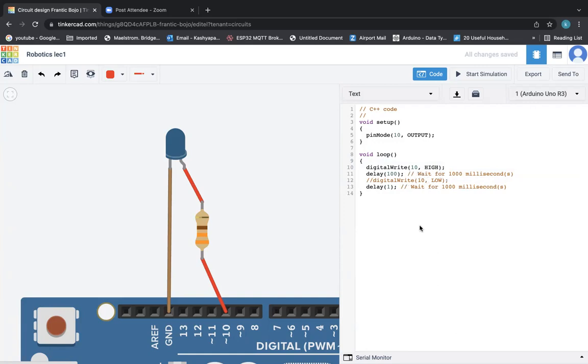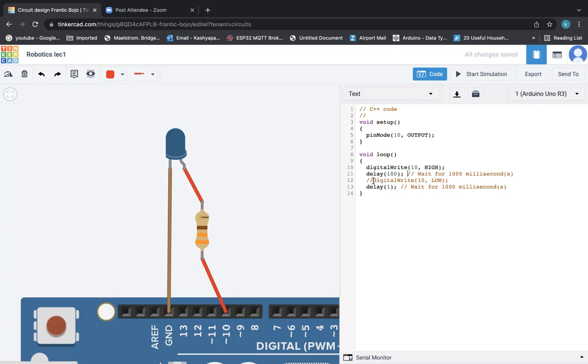So you can see they have already written a comment. Whenever you want to write something which you don't want to execute, or which is like a detail, like here they have written a detail: what this delay means is to wait for 1000 milliseconds. This sentence is not a part of the code, so they have set it as a comment. To type a comment, you type 2 forward slashes and then type what you want.